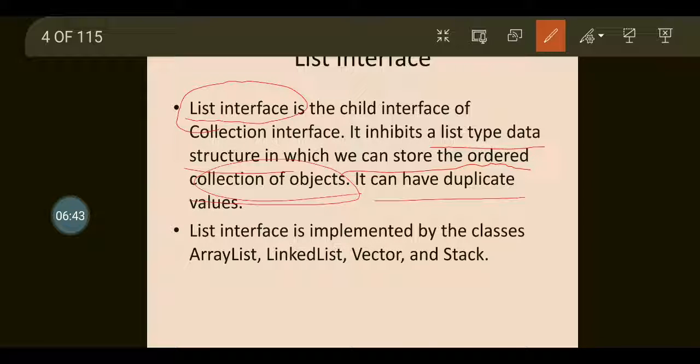It can have duplicate values also. We can add duplicate values in a list interface. The classes that can be implemented with the list interface are array list, linked list, vector, and stack.